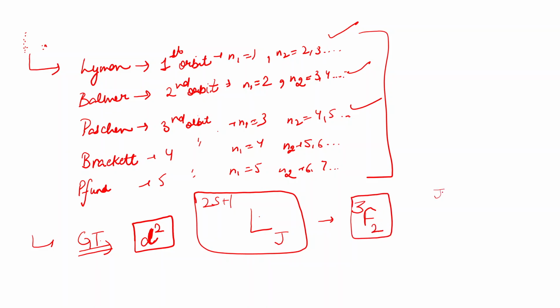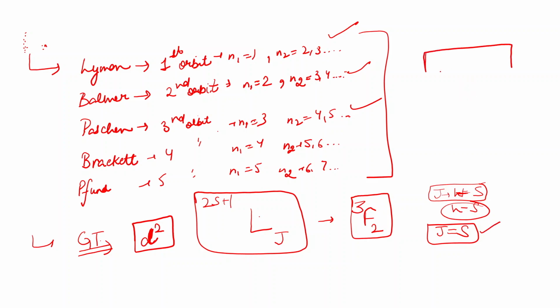See, the J value we discussed. There can be three possibilities. It can be either L plus S, it can be L minus S, or J can directly equal S. When it is more than half filled, then it's L plus S. When it is less than half filled, then L minus S. And when it's exactly half filled, then J equals S. So now if you take a look at D2,